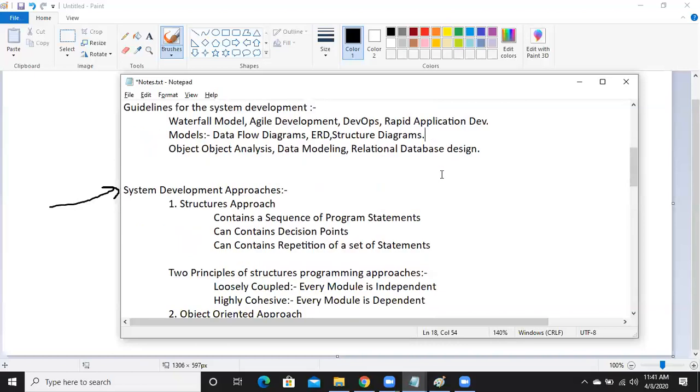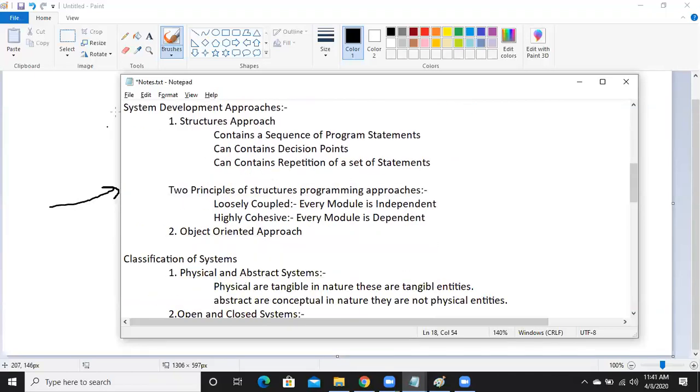Okay, so let's move to our next topic, which is the system development approaches. Basically, we have two approaches. The first one is the structured approach, and the second one is the object-oriented approach. So, the structured approach, basically,